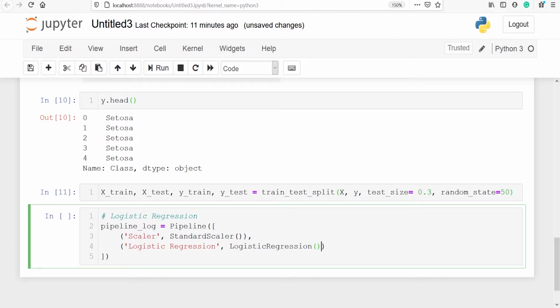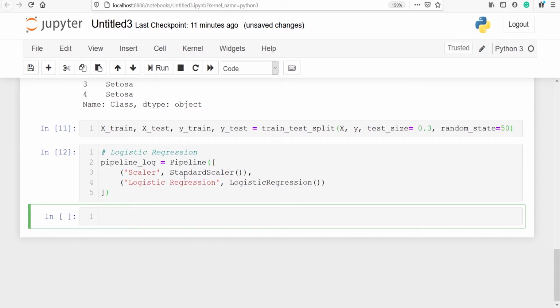We have defined our standardization, that is standard scaler, and we have also defined our algorithm logistic regression here. Now let's run this. So we have created a pipeline.